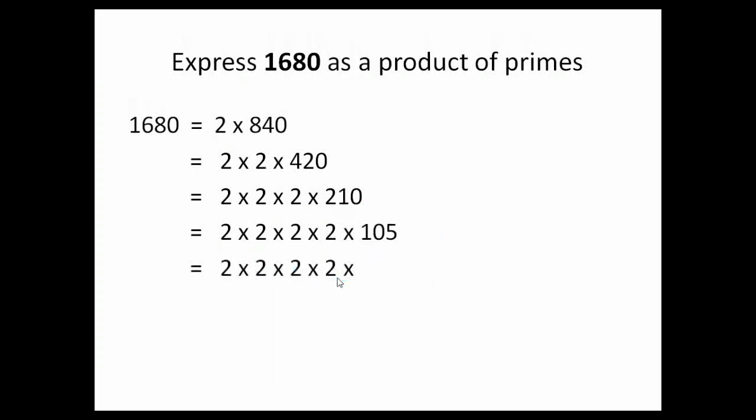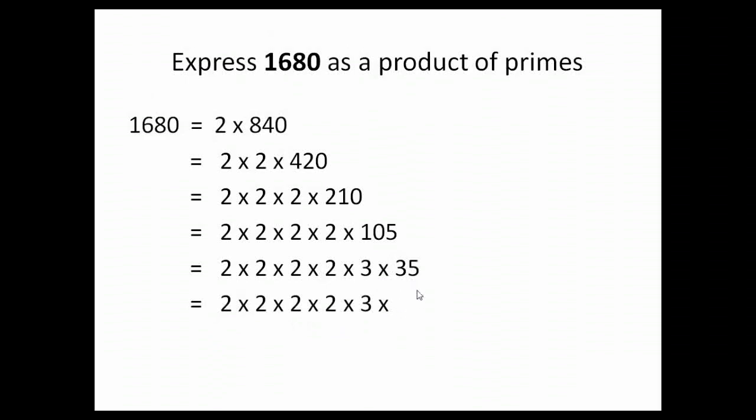Now we'll copy down the rest of the product, which are already prime numbers. Now here we see it is 105. So 105 cannot be divided by 2 because the number in the ones place is not even. So let's try the next prime number, that is 3. For divisibility by 3, what do we see? If the sum of the digits is divisible by 3. So here 5 plus 0 plus 1 gives us 6. So 6 is divisible by 3, so we can divide this number by 3. So 3 times 35 will give us 105. Now these are all prime numbers, so we copy them down.